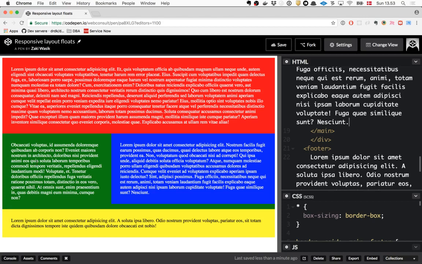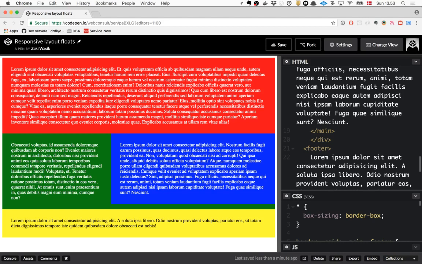So the solution we found here is only valid if you know that one of them is going to be longer than the other one, right? But I think in most cases it is a solution, because if it's a site where you have the navigation on the left and then the content on the right, which is usually the case, you know that the content is probably going to be longer.